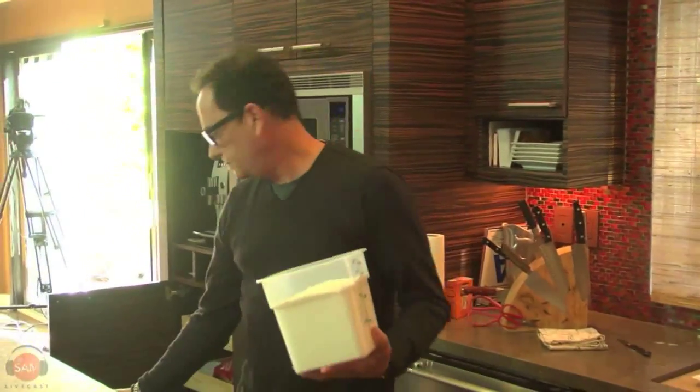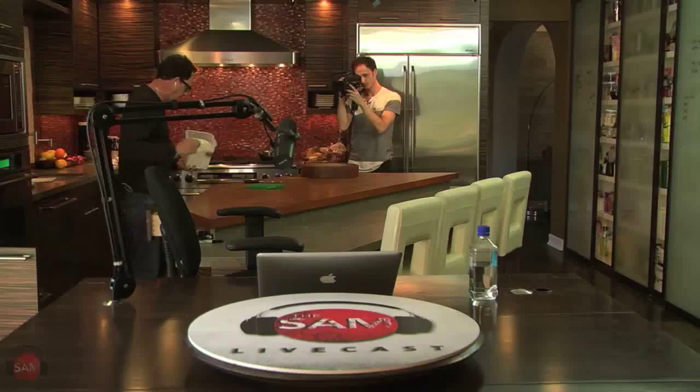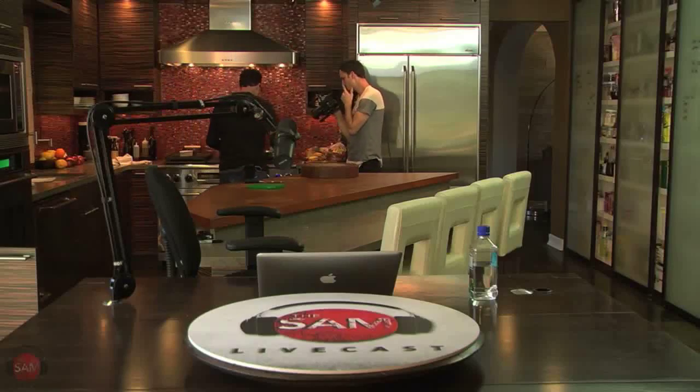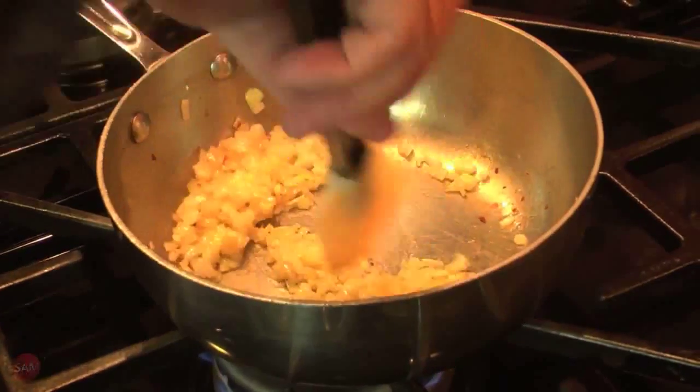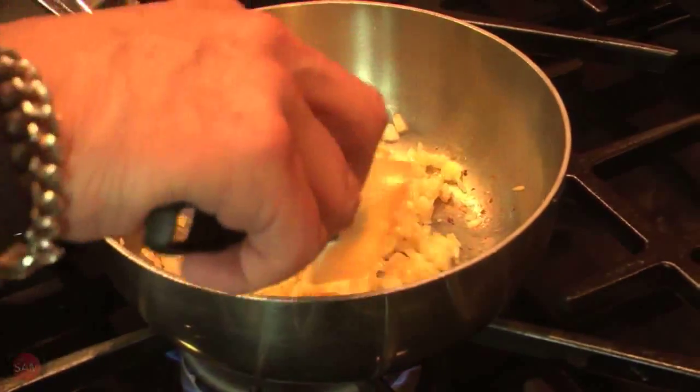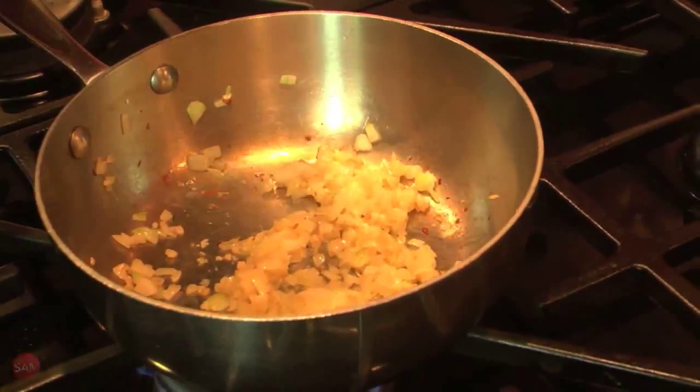Regular flour. You understand this concept here, ladies and gentlemen? We're about to make a roux, which is like a little thickening agent, so...